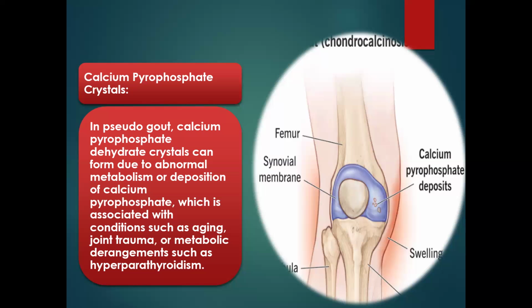Okay, but for gout, it's a result of uric acid being overproduced, or the kidney not being able to remove it from the general body. Whereas this one is a result of either a joint trauma that triggered an inflammatory response, or when there's metabolic derangement, like in hyperparathyroidism, or as a result of aging. You know, aging comes with a lot. So that can lead to excess production of the calcium pyrophosphate crystals, which can be deposited and lead to